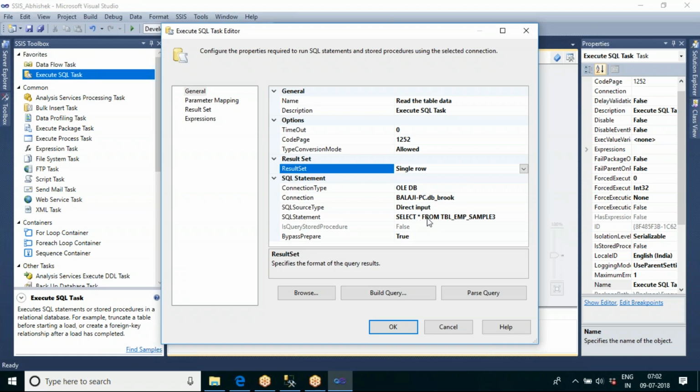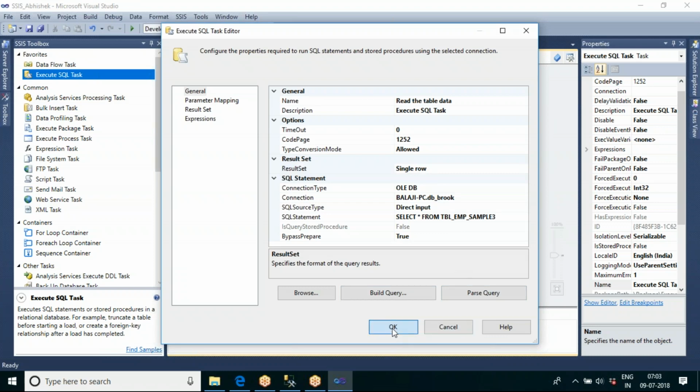For select statements, how many rows are we getting? A single row. We can specify like this. Here we have single row and full result set. Since we are getting only one record, we select single row, and this statement will read the data for us.